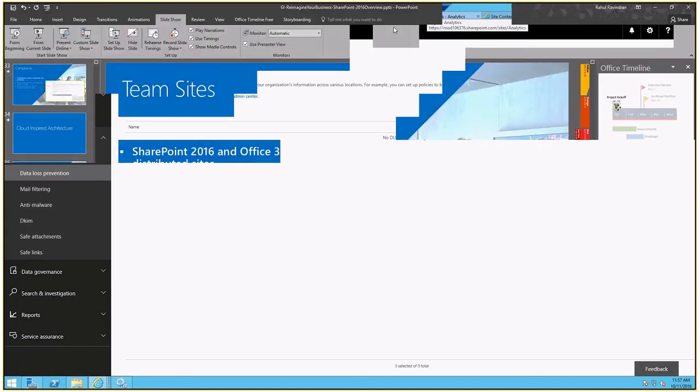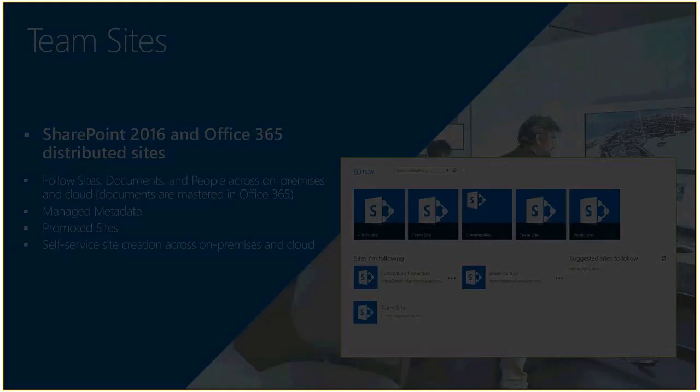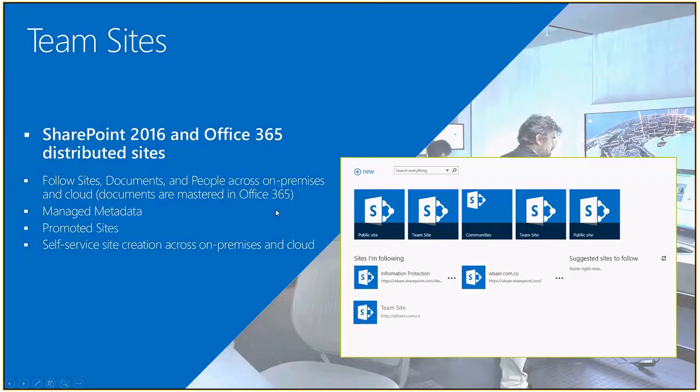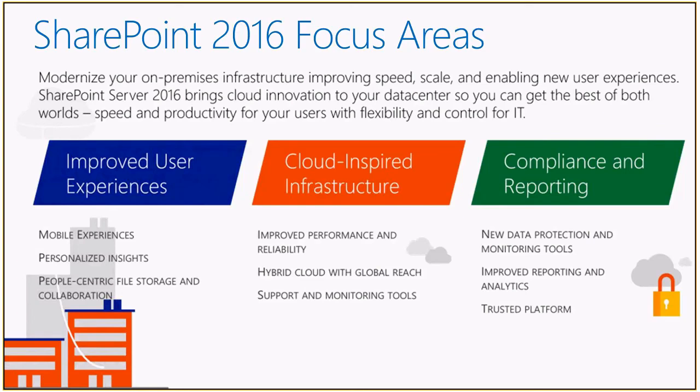So, revisiting our initial focus areas here, we looked at SharePoint Server 2016 on-premise and online, and you can see how there's a new mobile app that dramatically improves your mobile access experience. You've got improved analytics, both at the site level, or a document level, or at a personal level, where you can see your interactions with your peers and some of your personal activity, as well as have improved insight into some of the activities of your site, if you're a site owner or if it's specific to your